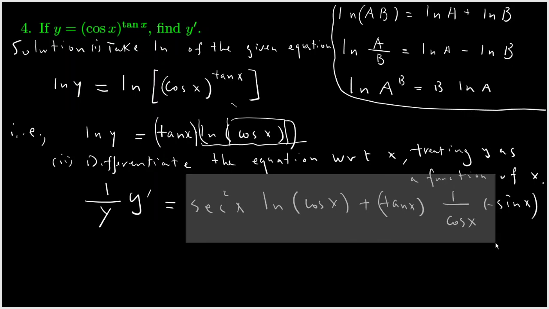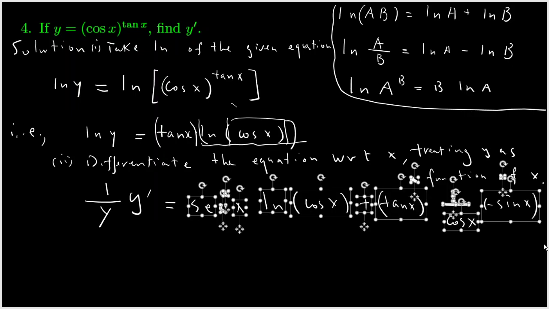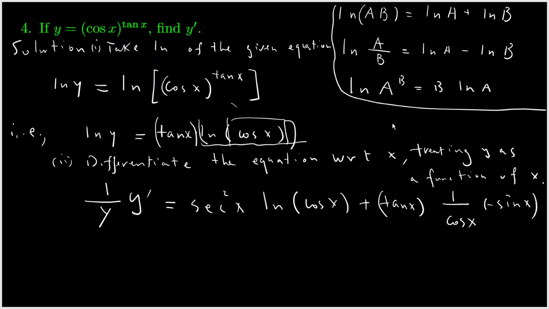For this type of question, I want to mention one thing, okay? Listen to me carefully. The final answer can always be written in terms of x only. I will convince you, okay? The next thing you do is to solve the equation for y prime. I think you can see the answer. I'm going to write it in 2 steps. As y prime equals, you multiply both sides of the equation by y, okay? You have y times